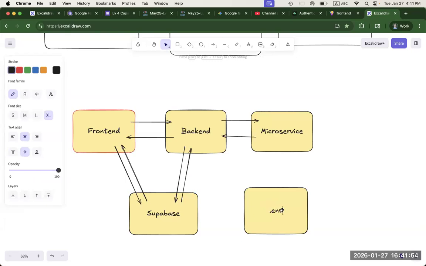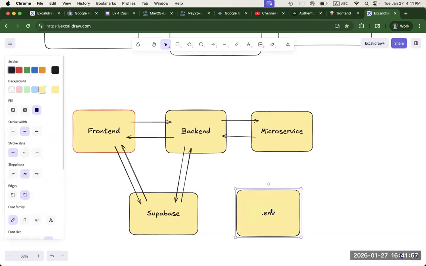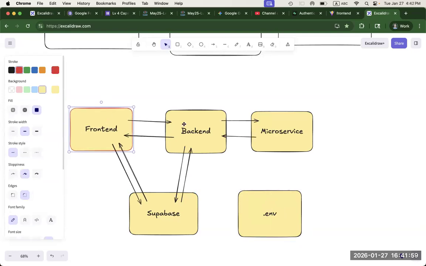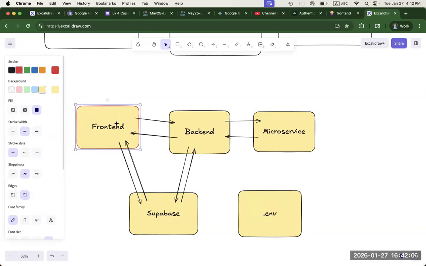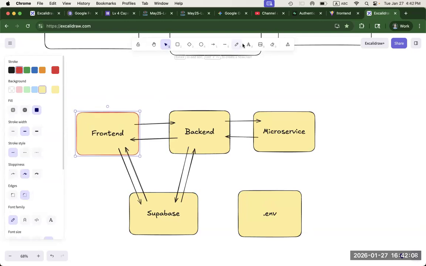.env. So we'll talk about this later. Second here. So I have to deploy this, and I have to deploy this, and I have to deploy this. I have to deploy all three things. So let's deploy. What I'm going to do is I'm going to deploy the front end using Netlify